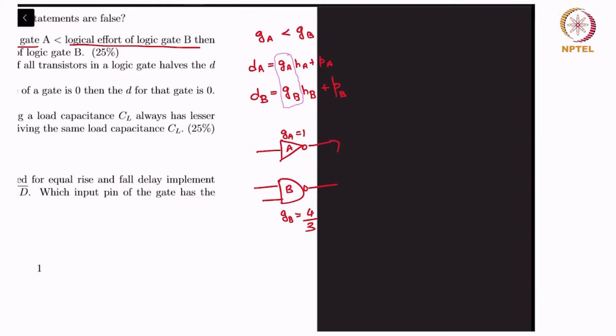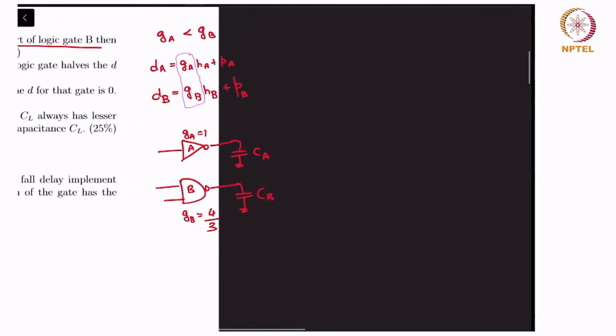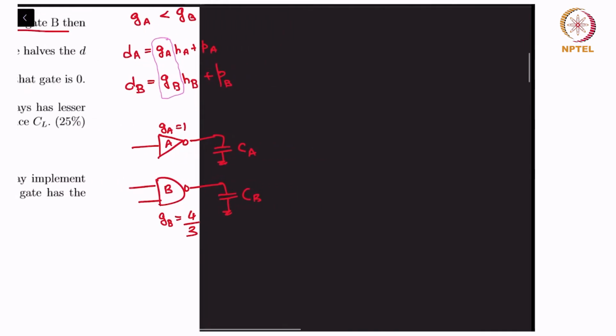But it could be that the load capacitance here, CA, let's say, and the load capacitance here, CB, could be such that the electrical effort HA is far greater than HB. For example, let's say the electrical effort HA is equal to 2. That is CA is equal to